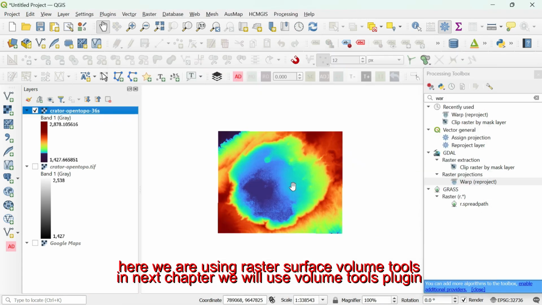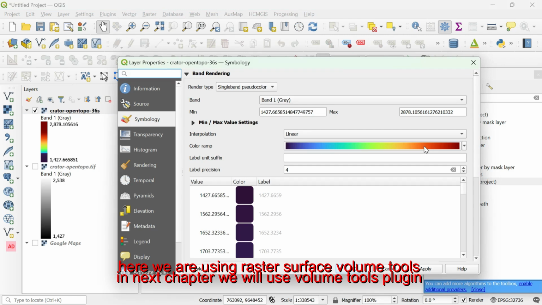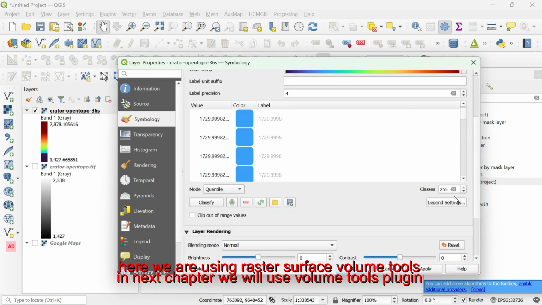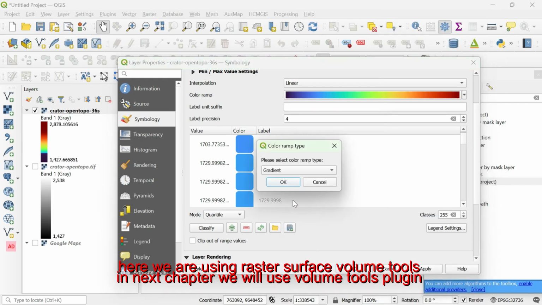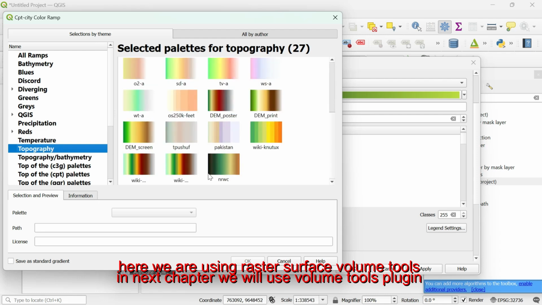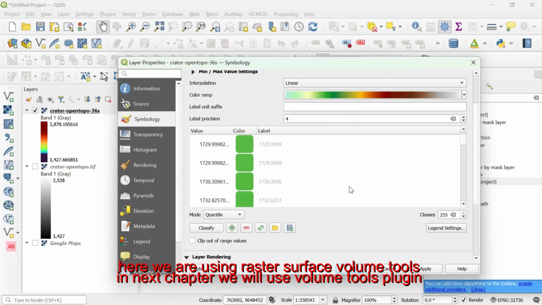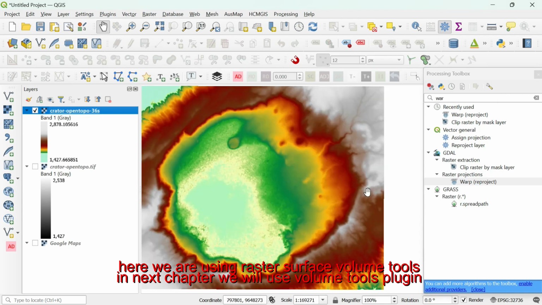We have more options too. If you want to show more depth, go to here, and this color we already chose, and come down to 250, and go to a new color ramp, catalog, okay, and topographical, and you can choose this wiki, okay, classify, then okay. Now you can see the visibility very well here.